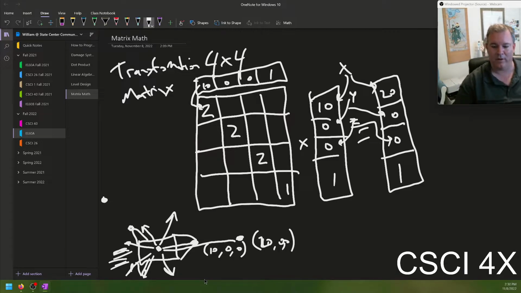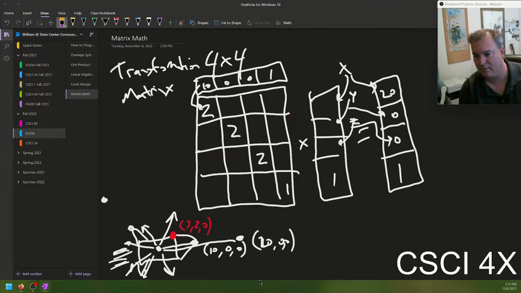Now, what if we do this for every point on the rocket ship? Let's say we have a point here, let me draw in a different color, and this point is like, I don't know, 3 east and 2 north. So it's like 3, 2, 0. Then if we repeat this process, this is the location, x, y, z, 3, 2, 0. If we repeat this process of multiplying down and adding across,